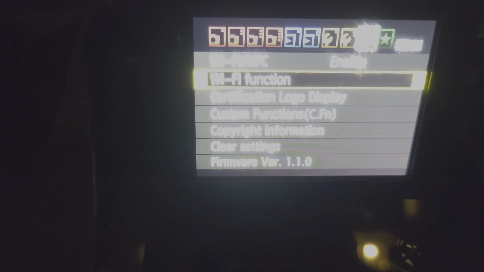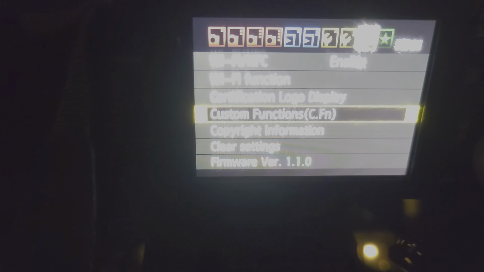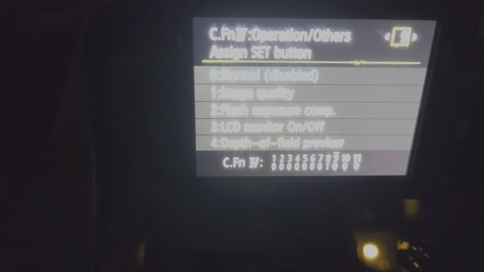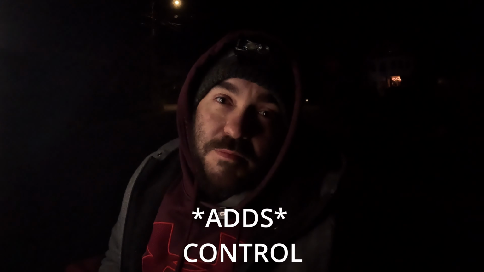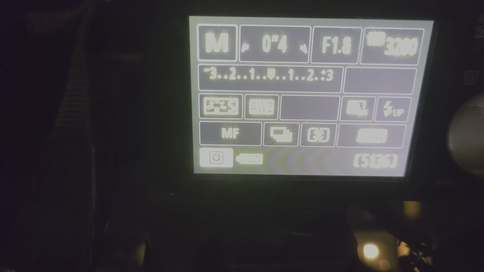So if you go into your menu and come over here to custom functions, you have long exposure noise reduction. I always keep this off because it doubles the time it takes to take a picture. And if you're shooting in RAW, you want control over your pictures anyway, and this removes a little bit of control from your final picture. When shooting the stars, you want to have it on one shot